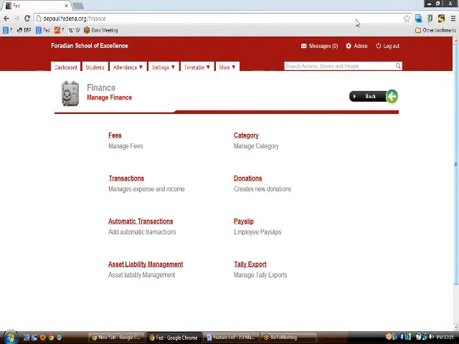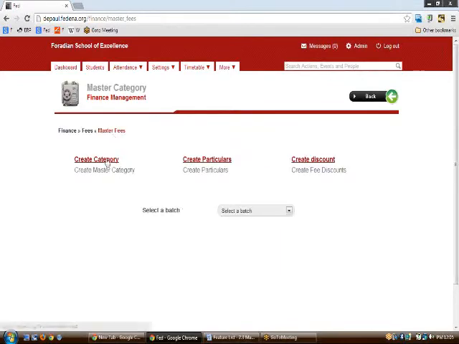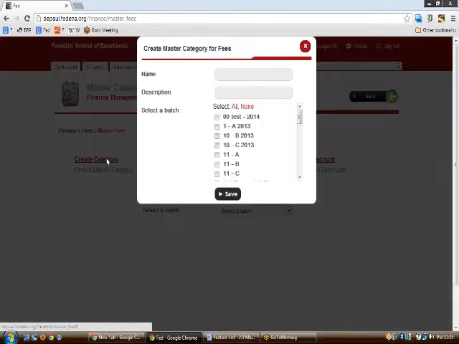On clicking into the fees, you would come to know that you have a complete page to deal and manage the fees of your own institution. So let us start the whole thing by creating fees for some of the batches. If you want to have a category, or you can say it a master category for a particular batch, all you need to do is just go to the create category link and click on the link.